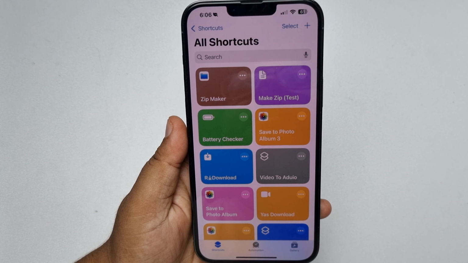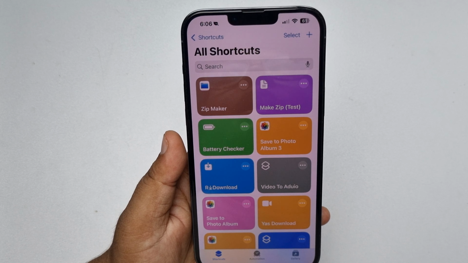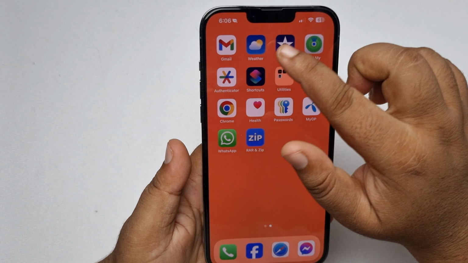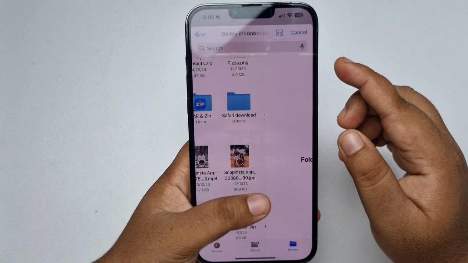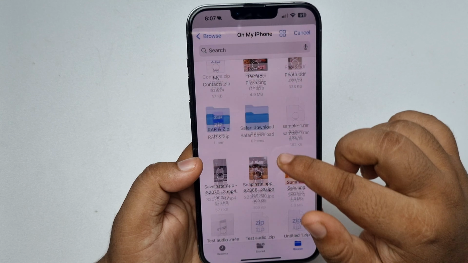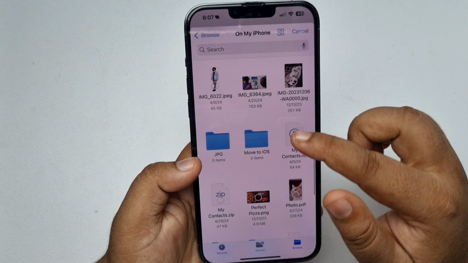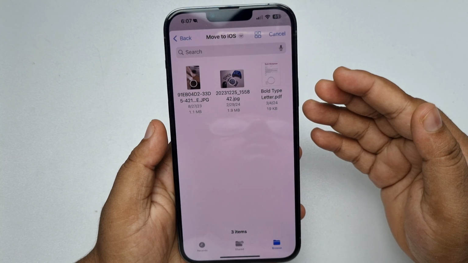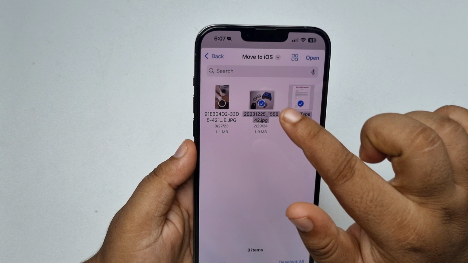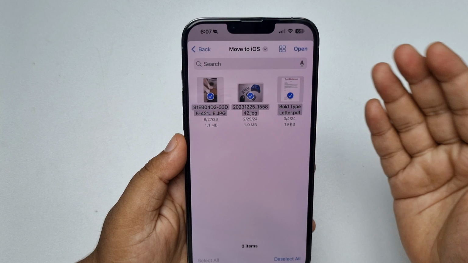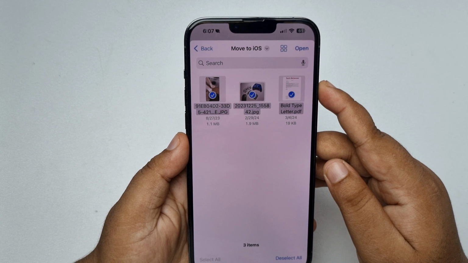And now let's make a zip file or RAR file. So just open the Shortcuts app and tap on zip maker, and now go ahead and select the folder in which all of your photos and files are stored. Now all you have to do is select your multiple photos or files, audio, video. Now tap on open,